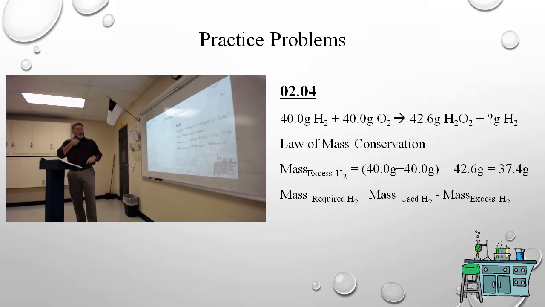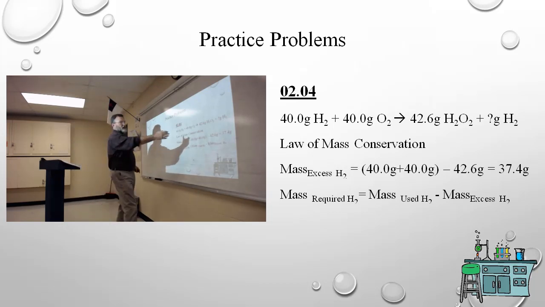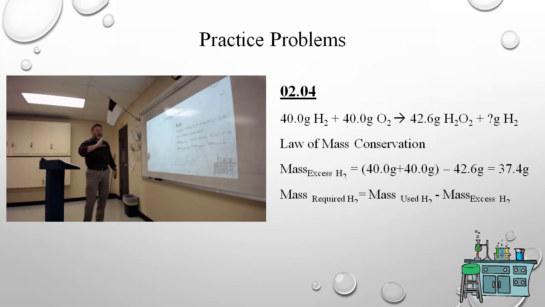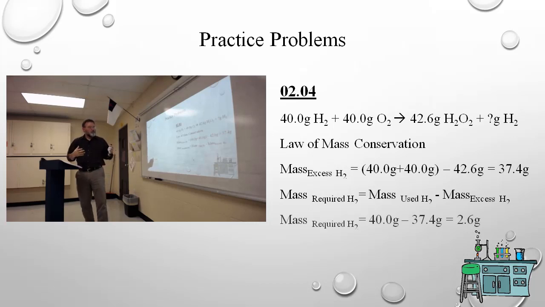So, how much do we actually need to make 42.6 grams of hydrogen peroxide? Again, because all of the oxygen is used up, we're not going to change that. What we're changing is how much hydrogen, because that's what was left over. Remember, we said that oxygen is going to be our limiting reactant. It's the thing that's going to stop the reaction because it's all used up. We just need to get rid of the extra other thing. So we determined that extra other thing is